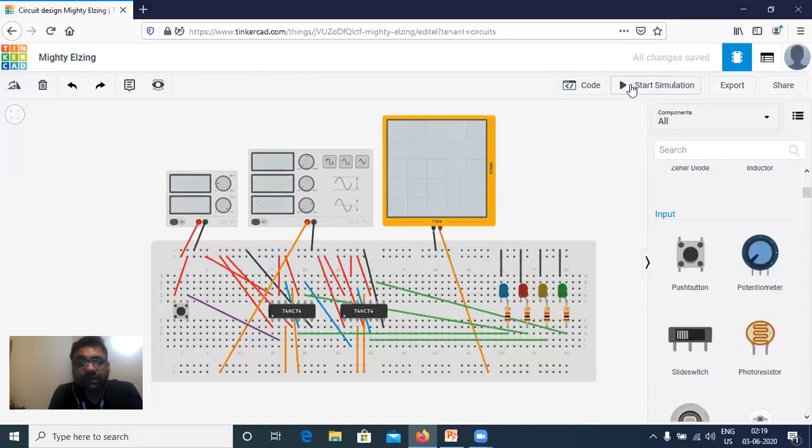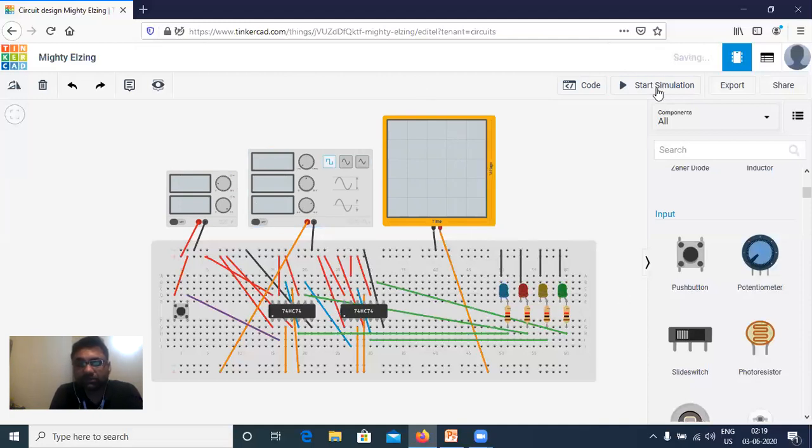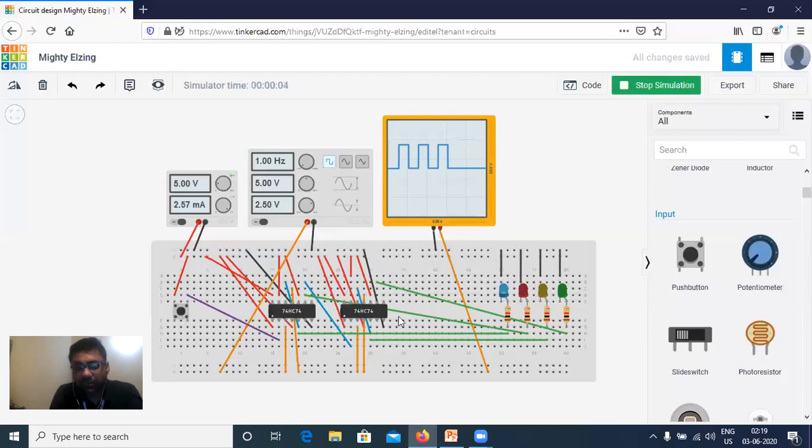So let me take this frequency as 1 hertz and then zoom. Okay. Now you can see I'm pressing this. Okay, one pulse is going.